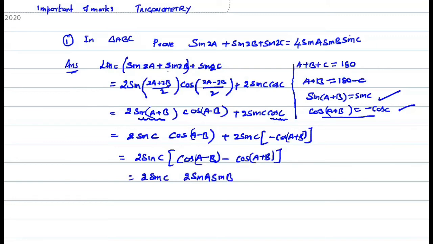Certainly you need the sin C plus sin D, sin 2C, sin C minus sin D, cos C plus cos D, cos C minus cos D formulas, and then cos 2C is equal to 2 cos square C minus 1 and 1 minus 2 sin square C. These are the formulas required for this method. So the answer is 4 sin A sin B sin C, that is RHS. Okay. Next we'll go for the next method, the next problem.